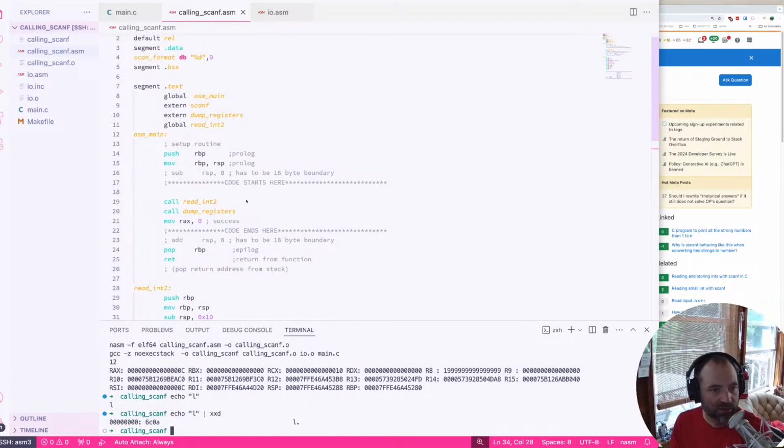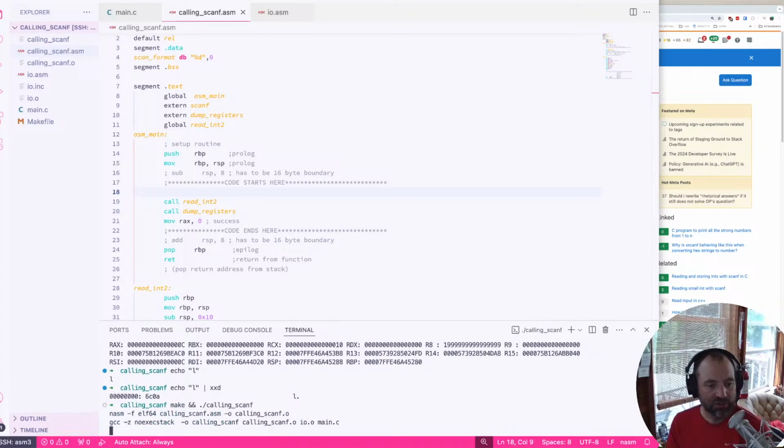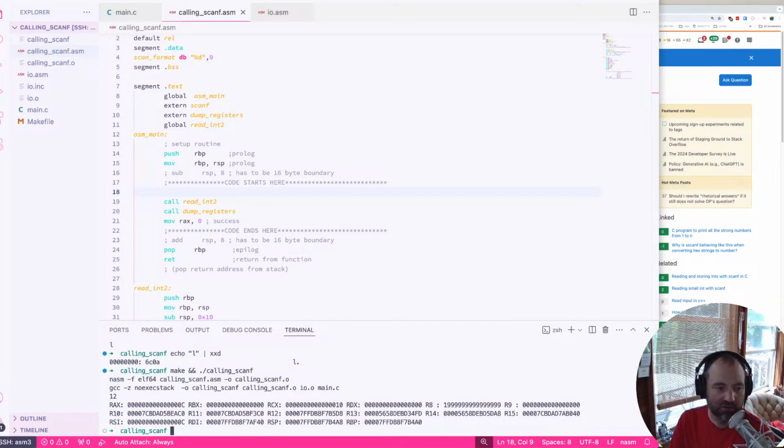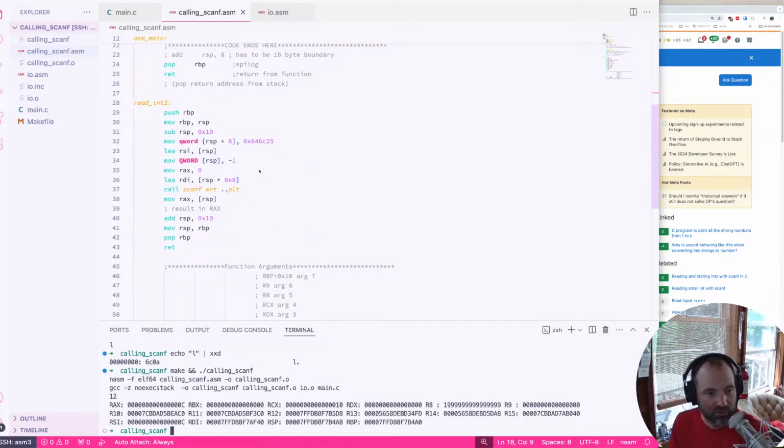And here we can move, yeah, so it should do what we're looking for. 12. So now it's 12, but it's 64 bits. So it fills that entire thing up. Because I put -1 in here, and if I wouldn't have had a 12, right? If I would take that out,